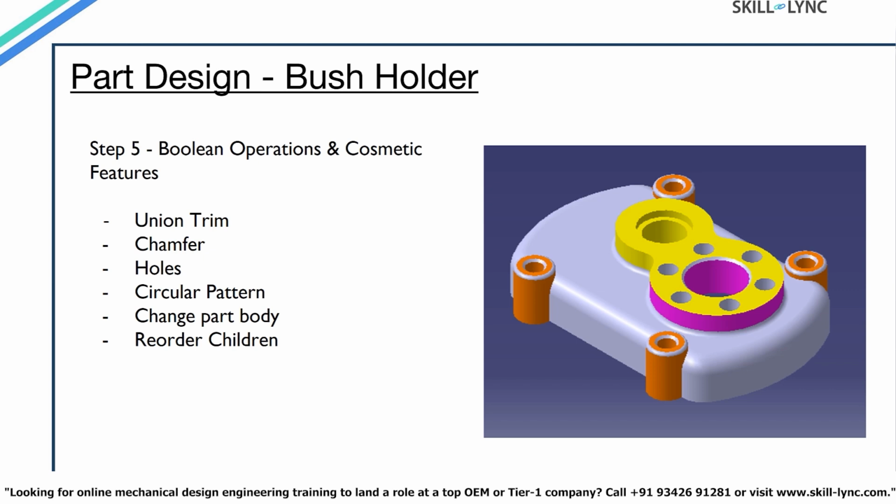This slide shows the Boolean operations and cosmetic features that we used in the last few steps. We saw how union trim is used, and how chamfer and fillets are applied. We also saw how we can define industry standard holes and then apply patterns to repeat the same instances using circular pattern. Change part body and reorder children commands help us with organizing the specification tree. The part modeling is now complete. We shall now proceed to the next part of this session,